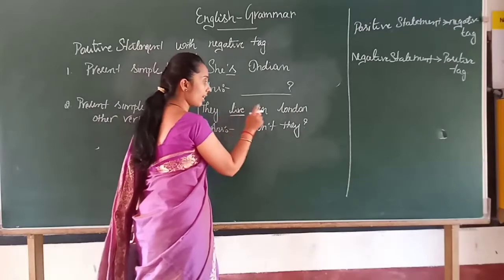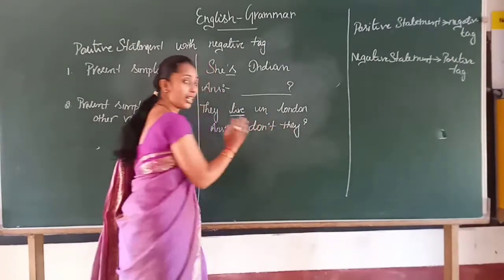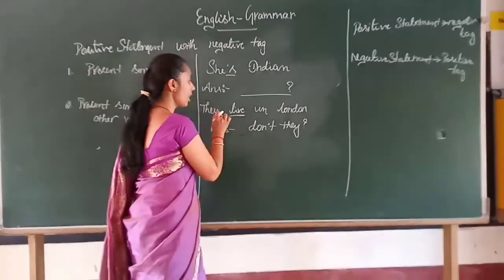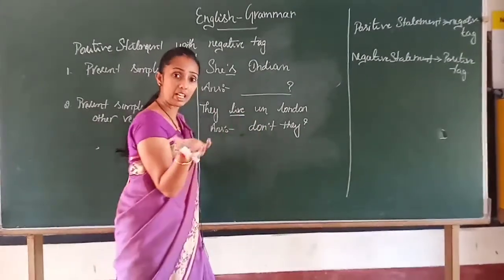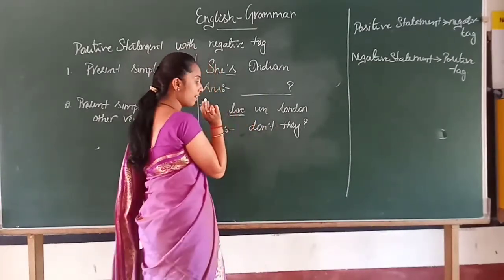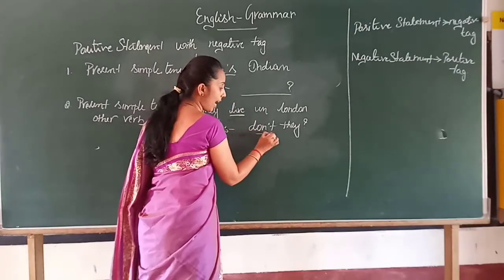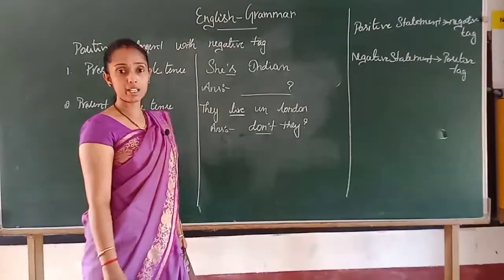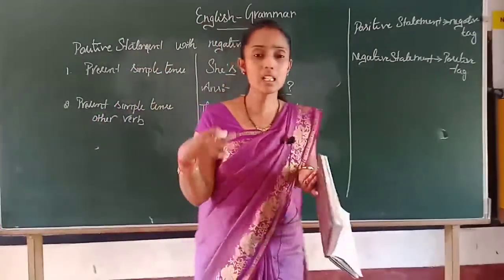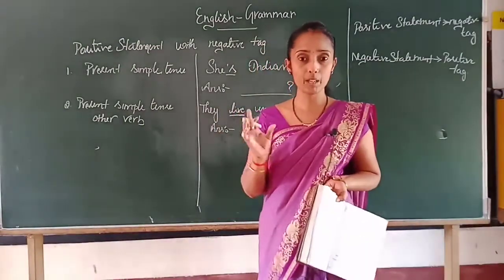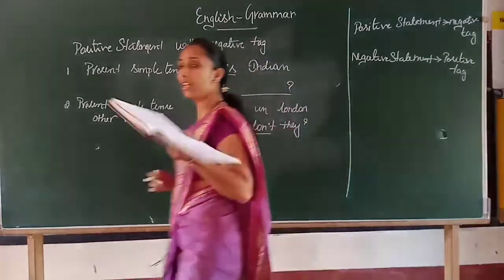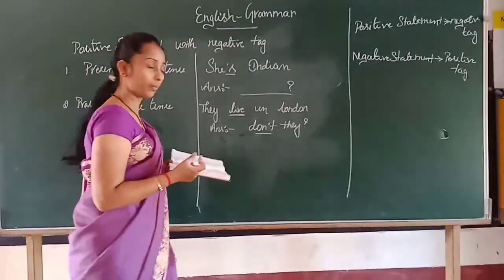See, they live in London. Don't they, in the sense of "they live, don't they?" In that meaning it will come. Is it clear? See, they live in London. Don't they live in London? So this is a tag. Is it clear? So "live," which is an independent verb, and "don't" is a tag which is used for the direct verb. Is it clear? And the third one, see children, don't worry, we will practice a few examples. When we practice it, it will become easier to understand and will become perfect. Okay? Don't worry, now we are on 4 or 5 sentences, we will work them out.